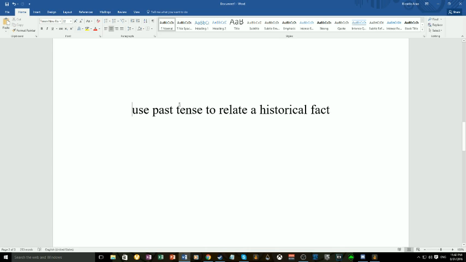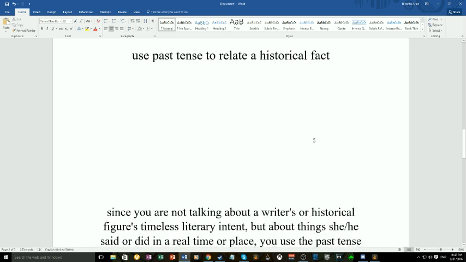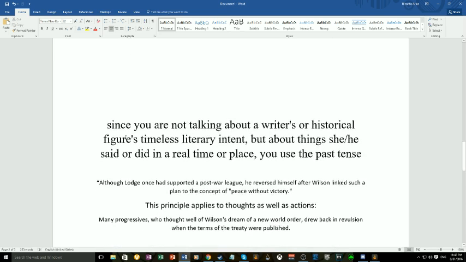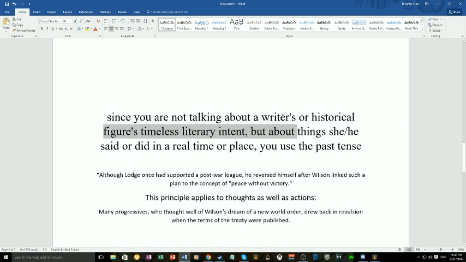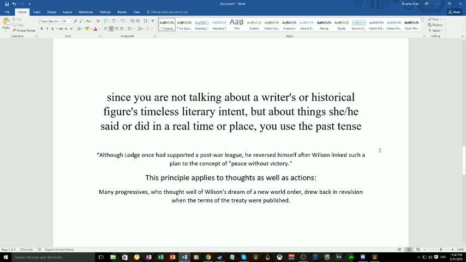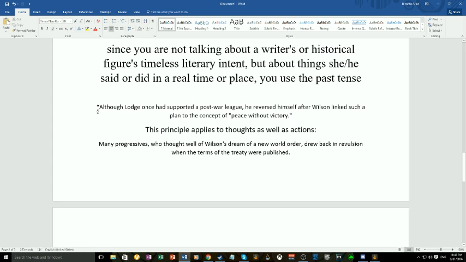Use past tense when relating to a historical fact. Since you are not talking about a writer or historical figure's timeless literary intent, but about things he or she said or did in real time or place, you use the past tense. For example, although Lodge once had supported a post-war league, he reversed himself after Wilson linked such a plan